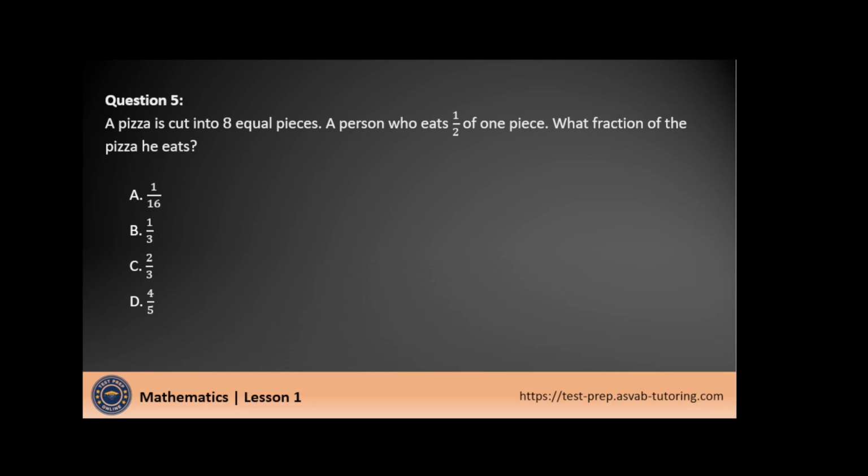Question 5, a pizza is cut into 8 equal pieces. A person who eats half of one piece eats how much of the pizza? If it's cut into 8 equal pieces, then one piece is going to be 1/8 of the pizza. The person's eating 1/2 of one piece, so we're going to divide that by 2. So half of one piece is going to be 1/8